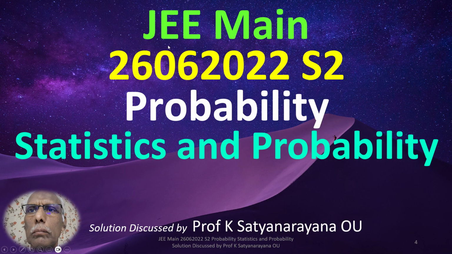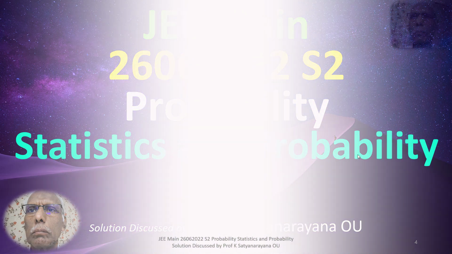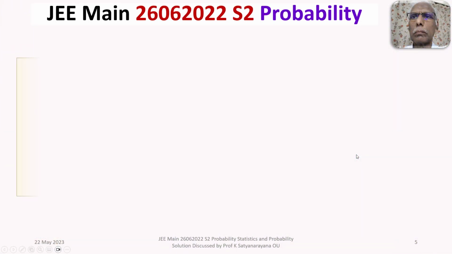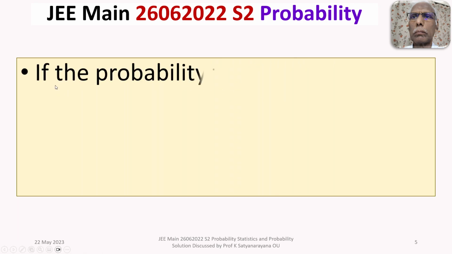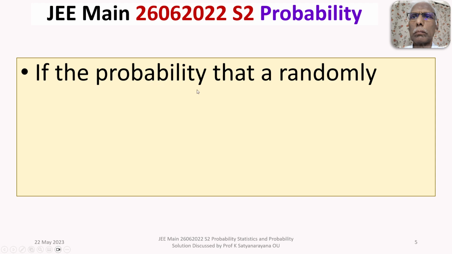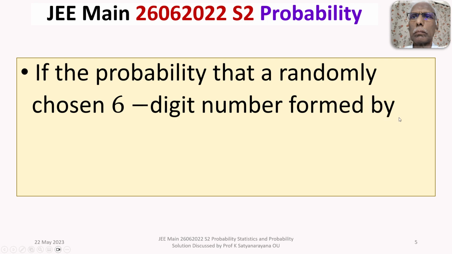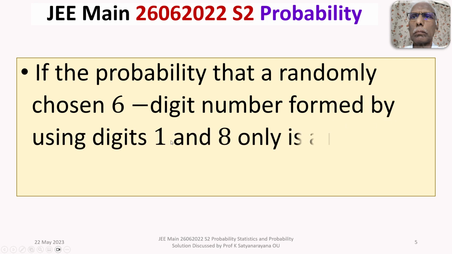We now discuss the solution of a problem that appeared in the Joint Entrance Examination Main held on 26th June 2022 in the second shift. The problem is on probability. This question is from the section Statistics and Probability. The given question is, if the probability that a randomly chosen 6-digit number formed by using digits 1 and 8